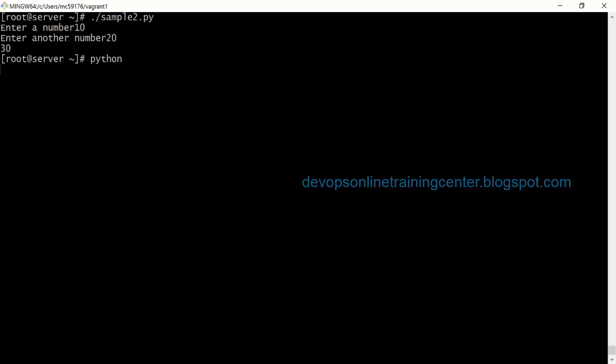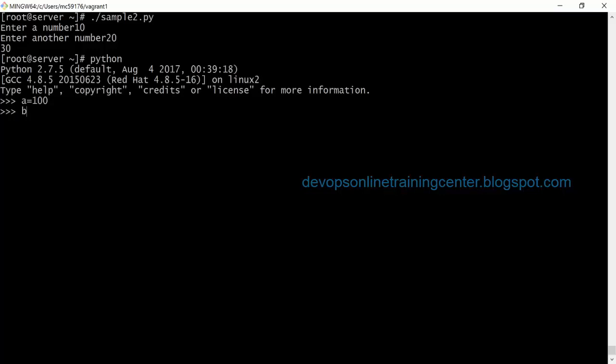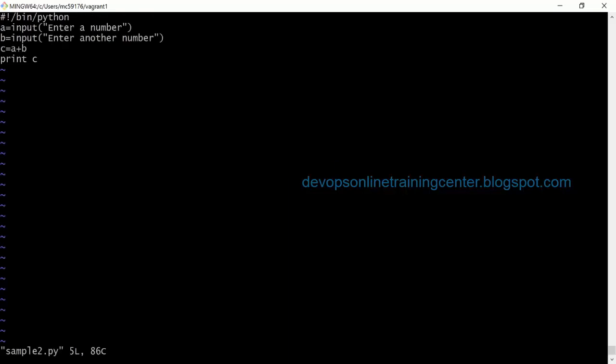So if I enter the prompt, let us say A is equal to 100, B is equal to 10, A minus B will give me 90, A star B will give the product, so all multiplication, division and everything works here, right? So A percent B will give me the remainder. When you divide this with this, there will be a remainder that will be given. This is called the modulus operator. This is addition, subtraction, multiplication and division, right? So in sample2.py, we have taken input and we have printed the output on the screen, right?